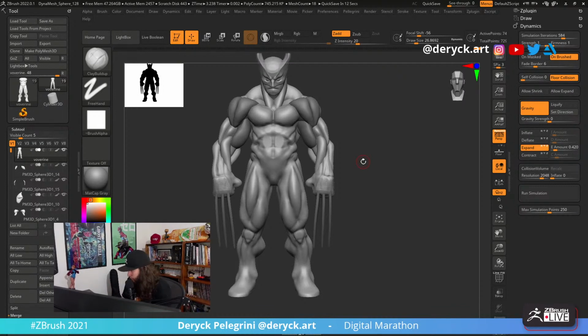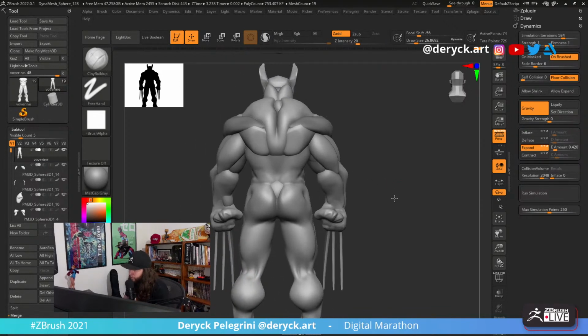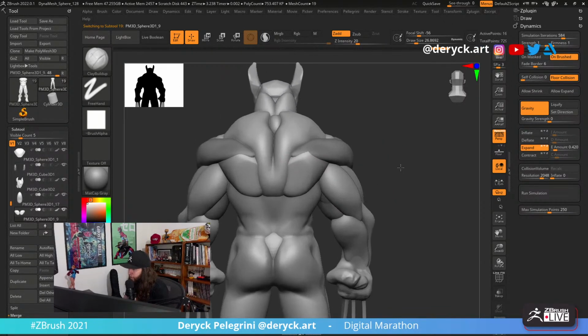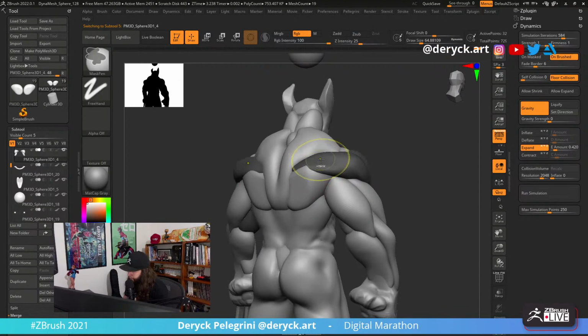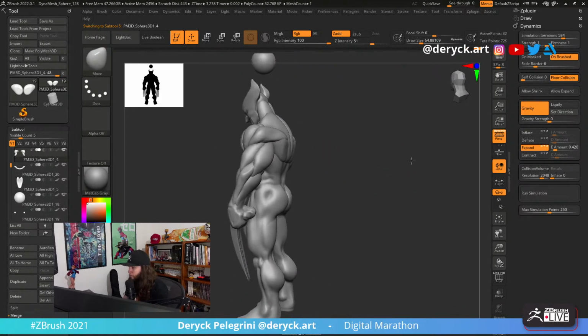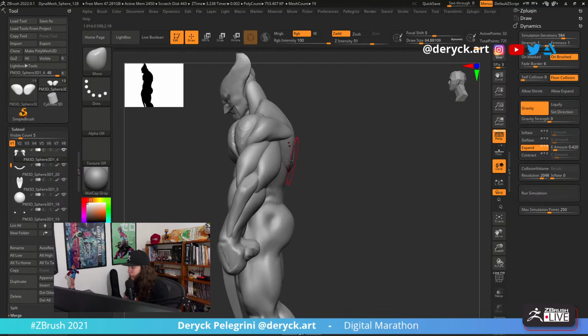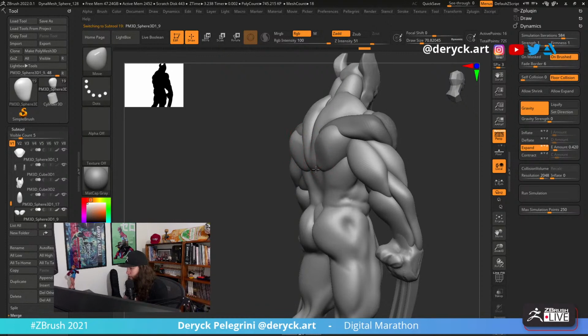Or I go from a mannequin or something like this and just keep going. So it doesn't make a difference. It is definitely easier to manipulate the mesh when they are separated, but it doesn't make much difference, to be honest.